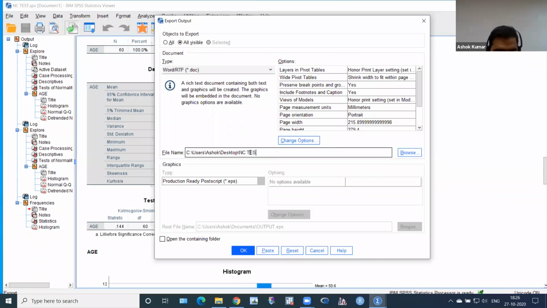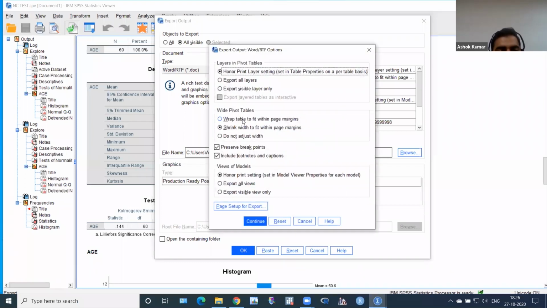NC test on the desktop. And then click on the change option here. Please note the default, wrap table to fit within page margin, is selected. But please select shrink width to fit within page, because we want it within the page margin.